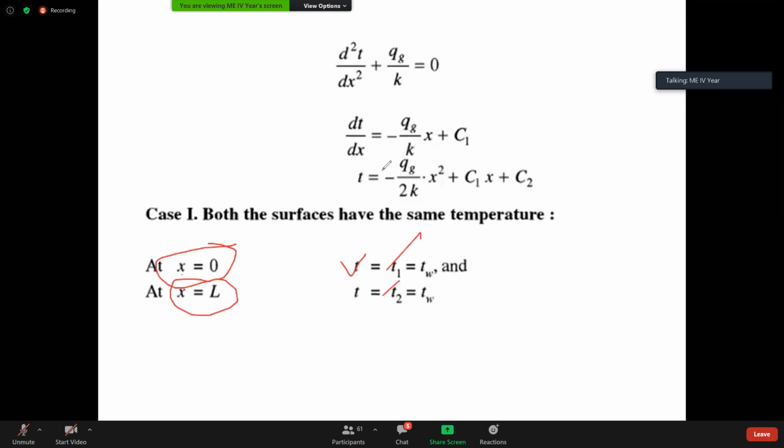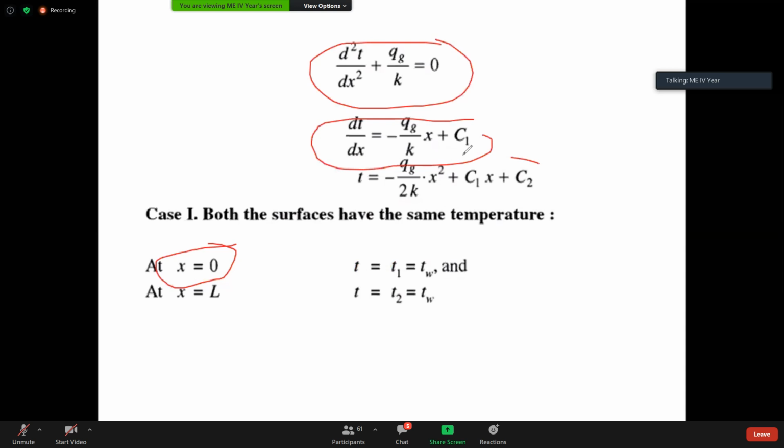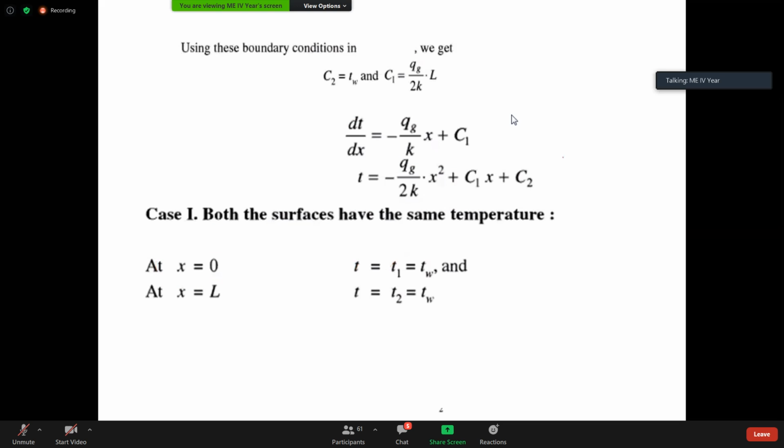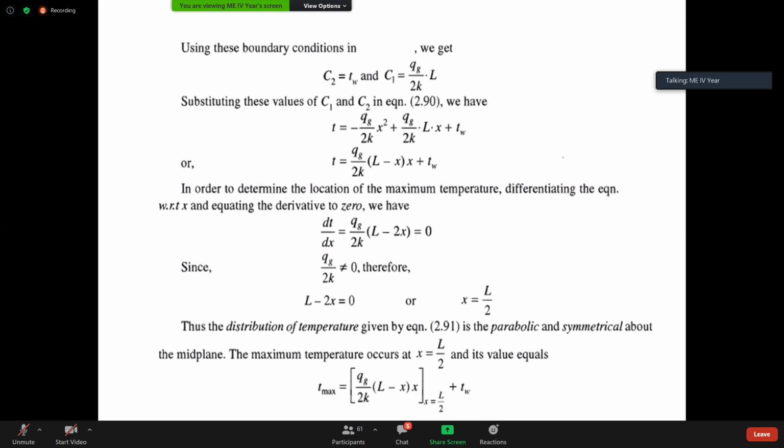But the thing is, here the temperature profile equation is not linear, as we discussed there, because it has x square, it has some x's and two arbitrary constants, right? To solve this, we again have to use the boundary conditions. That means if you integrate this, you will get this equation. If you integrate this again, we will get this equation. After substituting boundary conditions, you get some general solution, right? That is also provided at the end of this PPT, step by step.